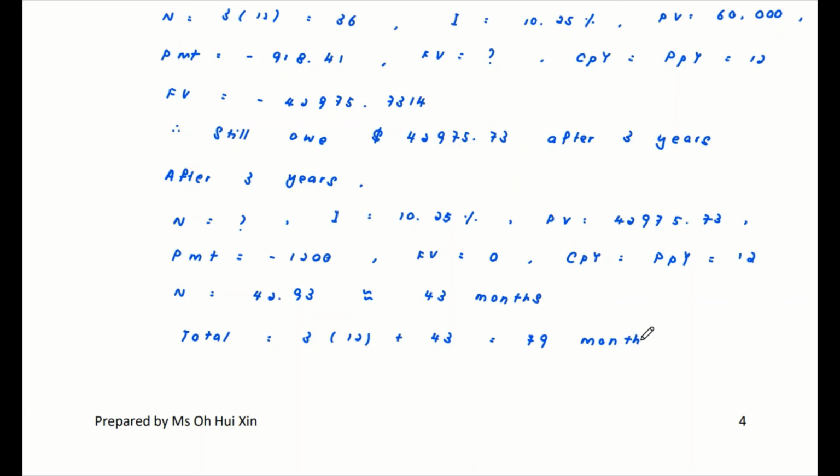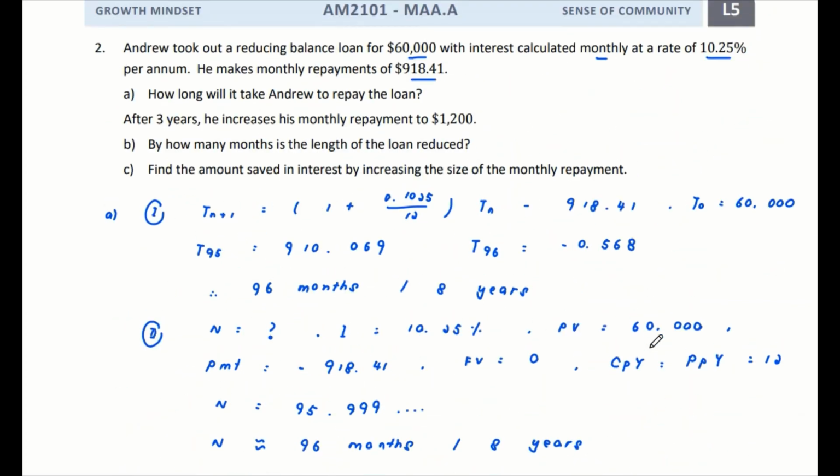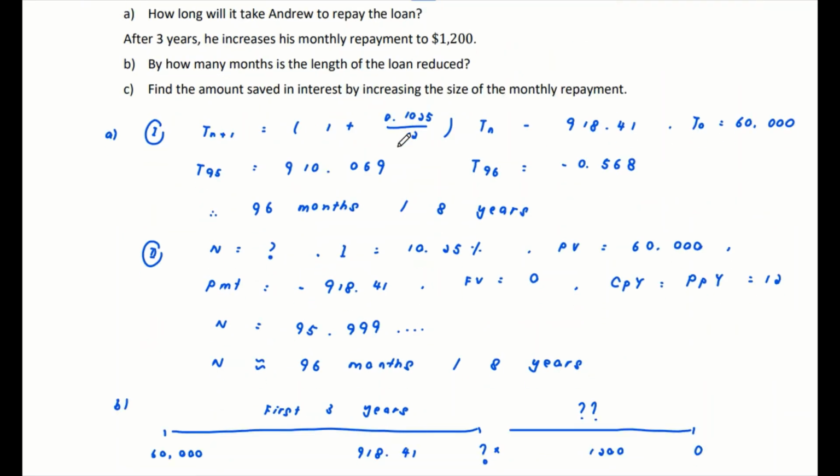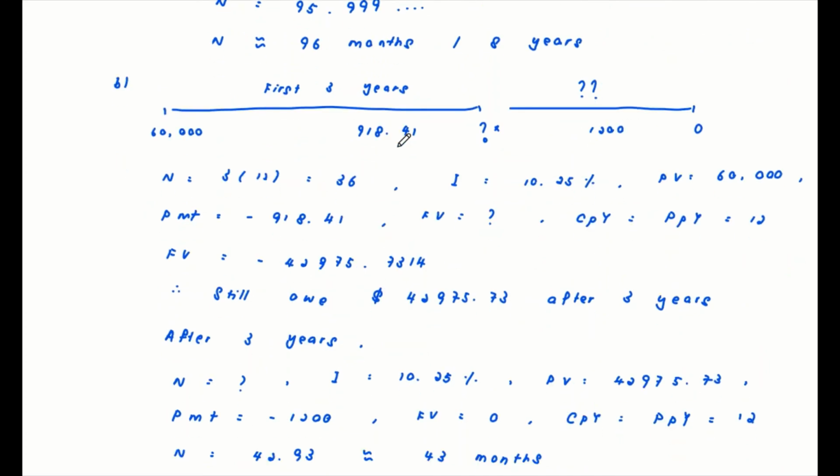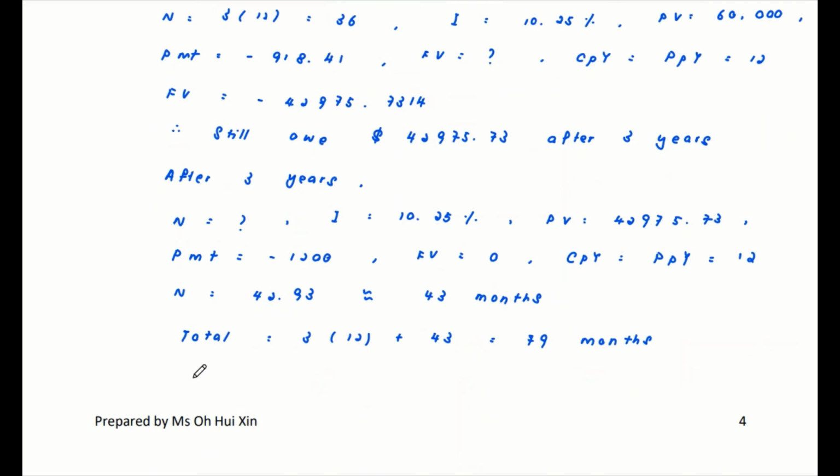So when you try to compare your part A and part B, because the question wants us to find out by how many months the length of the loan is reduced after you increase the monthly repayment, we'll be able to use our 96 to minus off the current one. So which means the length is reduced by